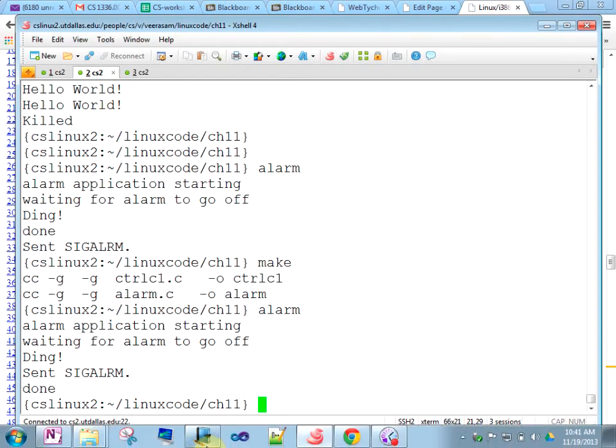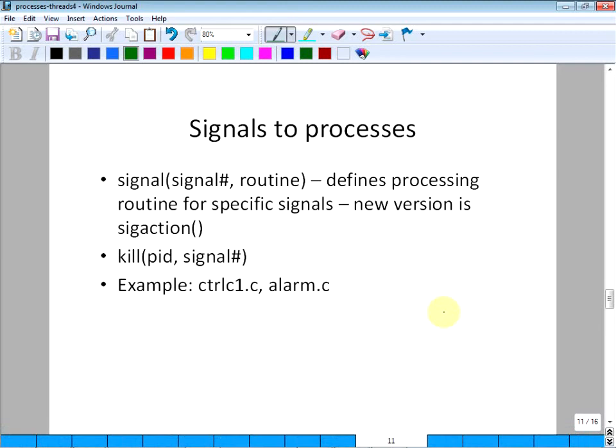So alarm, what's happening here? Shell forks and creates the alarm.